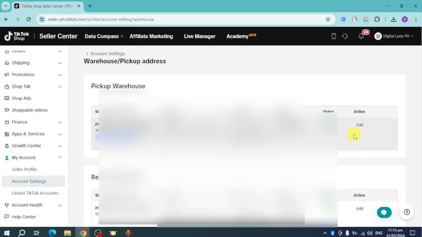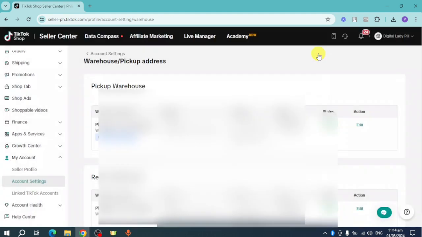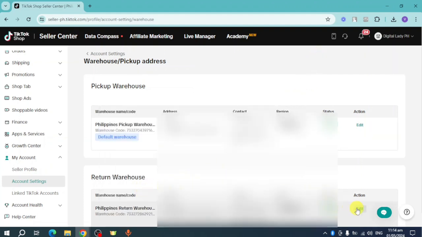What you can do is head over and click on this edit right here just beside the action. Click on this edit, and this will open the warehouse address in here, and you can change it according to your liking. You can do this as well on the return warehouse. Just head over and click on this edit option, and once you're done, you should be good to go. So that's the whole